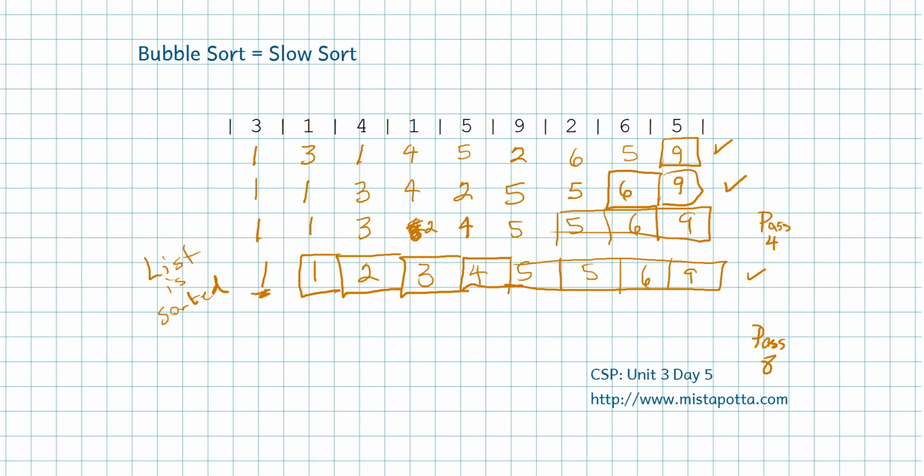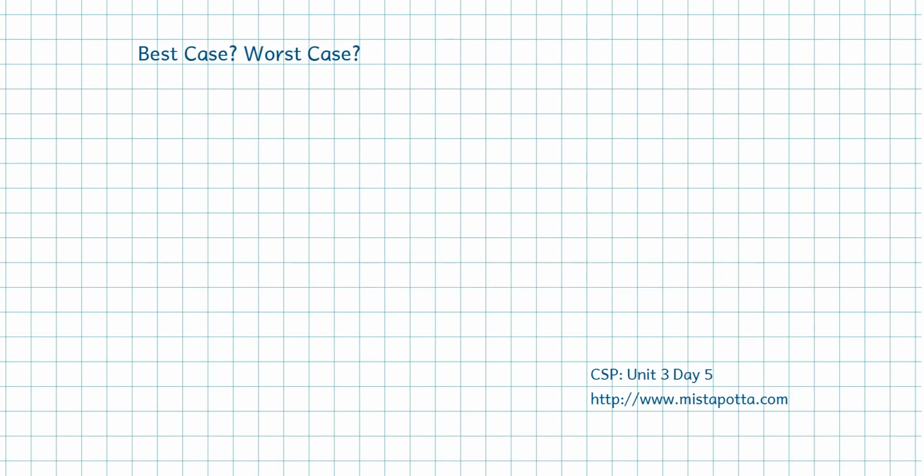Now, this process of just doing a comparison and comparing pairwise, piece by piece as we go through the list, is slow. And the fact that I don't know the list is sorted until I actually go through all 8 passes, that's slow as well. And so the question then arises, what are we looking at when we're looking at a best case or a